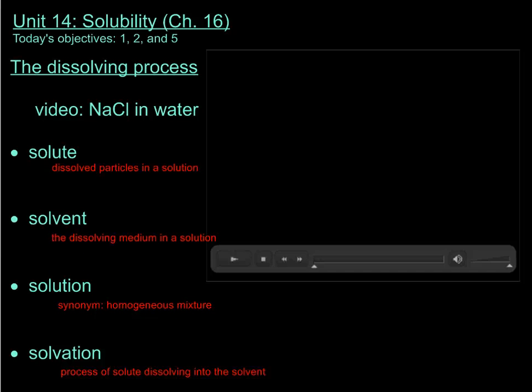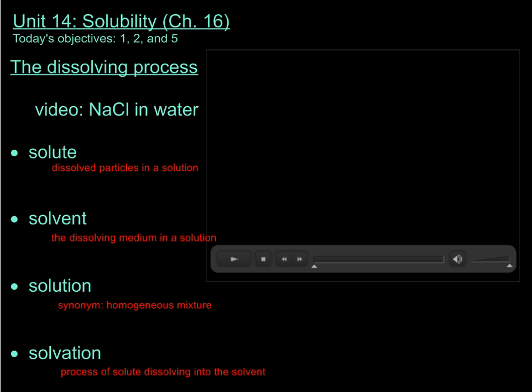This video lecture is meant to cover the information found in Unit 14, Solutions in Equilibrium. It is Chapter 16 in your textbook, and in today's lesson we will understand and distinguish the vocabulary related to solutions. This is the vocabulary that you just did in your notebook. We will describe the factors that determine the quantity and the rate at which a substance dissolves, and we will